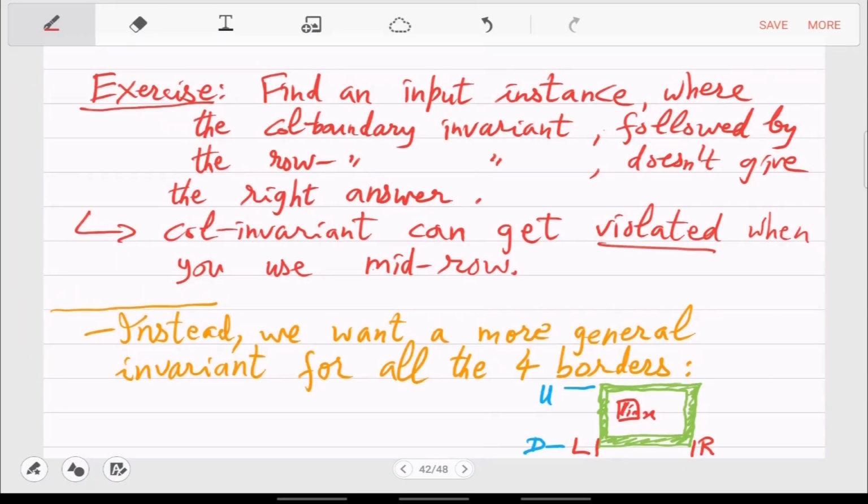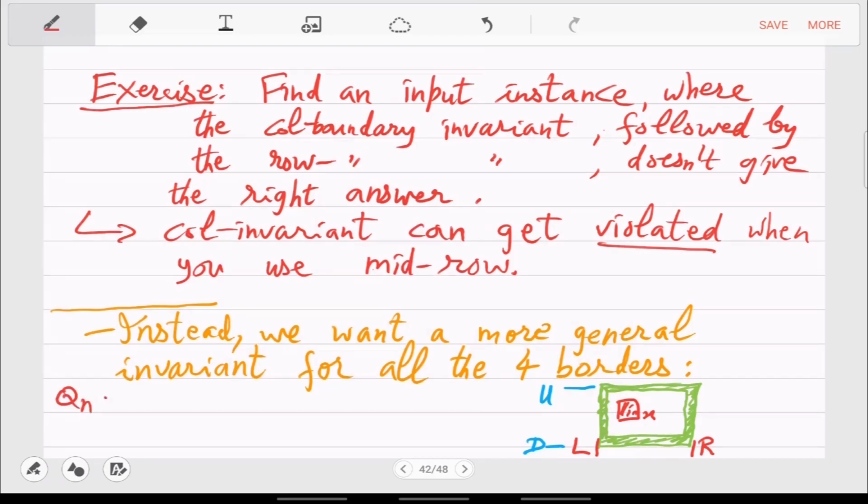You should ensure the invariant that there is an element X which is smaller than all the elements in the green shaded part. Okay, so instead of the previous idea, where either only the L and R columns are bigger than X, or when you move to the row case, U and D rows are smaller than X, we want this simultaneously now. So we want the full boundary to be greater than X, which means every cell in the full boundary should have value greater than X. There should be an X.